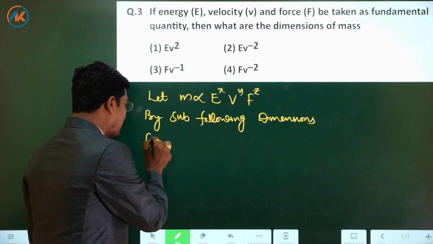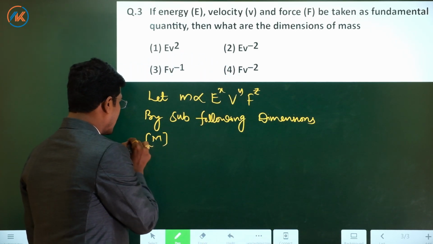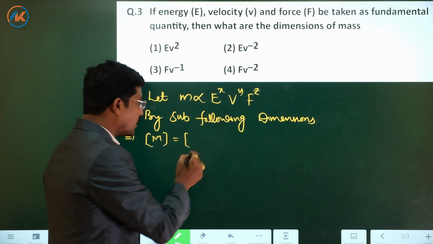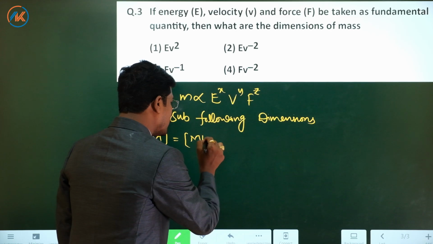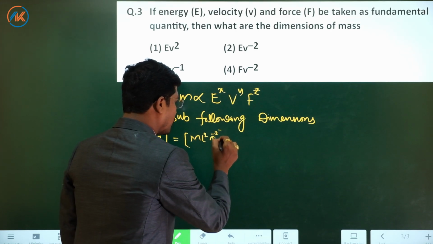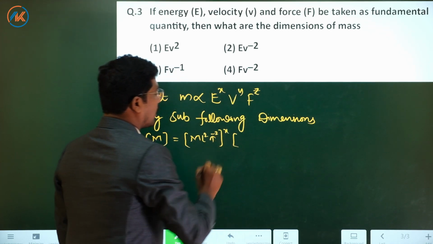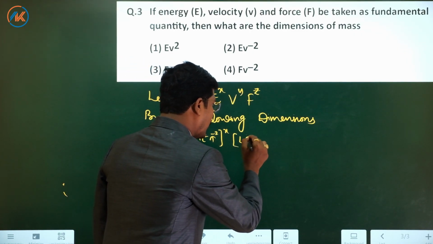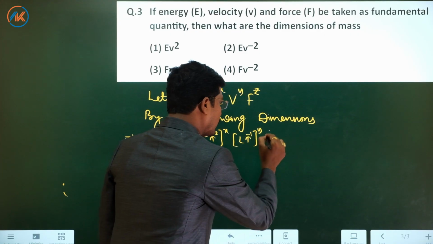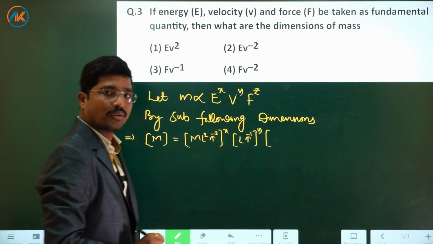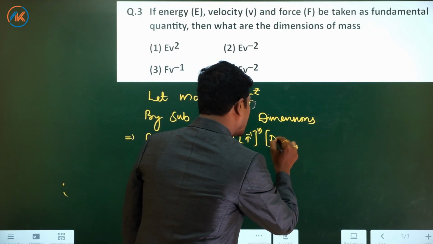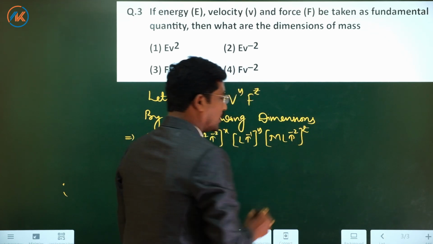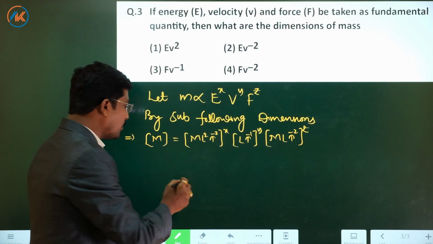the dimension of the mass M is equal to the dimensions of the energy, M L square T power minus 2, power x, and the dimensions of the velocity, L T power minus 1, power y, and the dimensions of the force, M L T power minus 2, power z. By equating both sides,